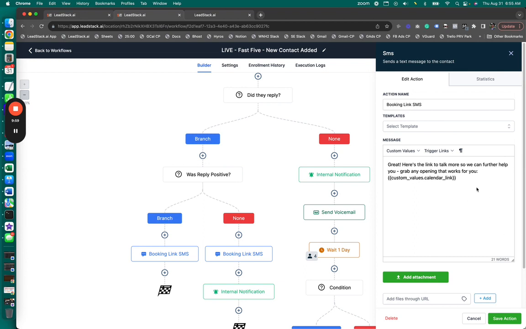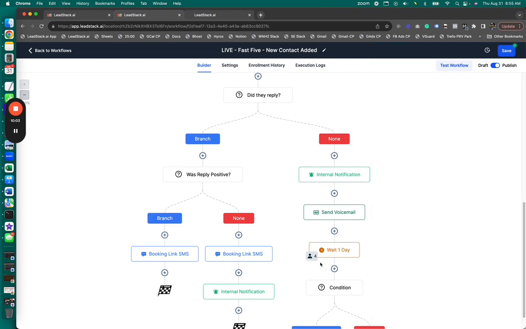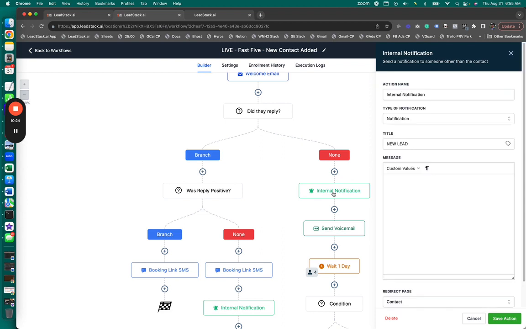Now, at this point, if they've responded and everything is well, we'll know that, and our team will see it. Okay, but we're still going to text over a calendar link, and we can even change this over to, like, if we didn't answer their question specifically via the automated chatbot, we can send over a phone number to call us. Over here, if they did not reply, okay, we can set up an internal notification, which is new lead